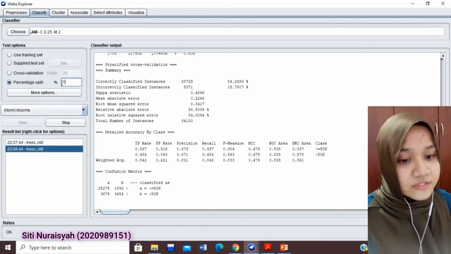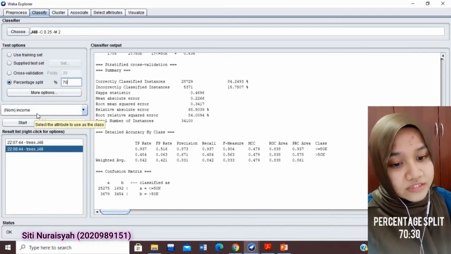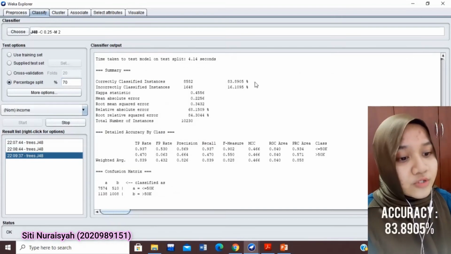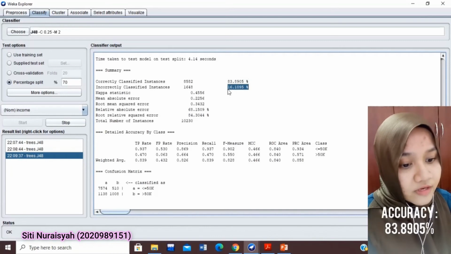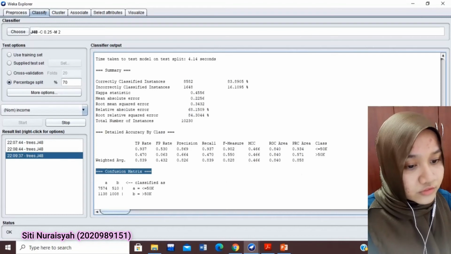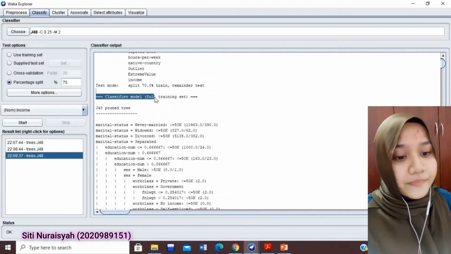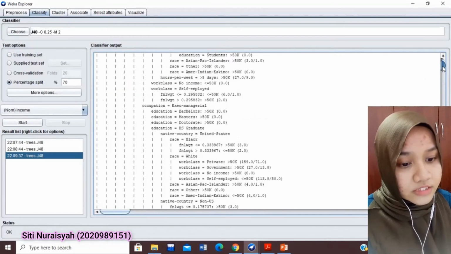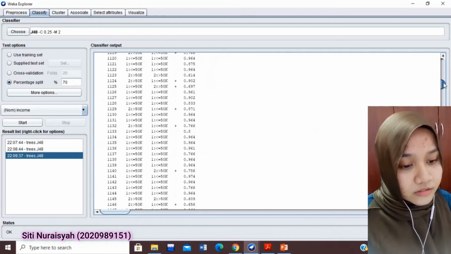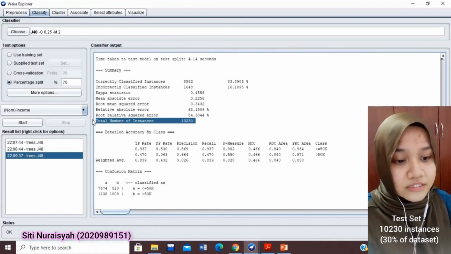Next, I'm going to test the percentage split with 70% training set and 30% test set, and then the accuracy will be 83.8905, and that is the confusion matrix. And then we have the training set, which is right there, and then that is the predictions on test split, and then the total number of instances of test set would be 30% of our data set, which is